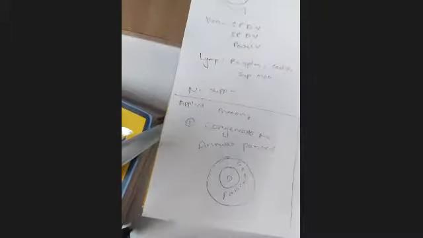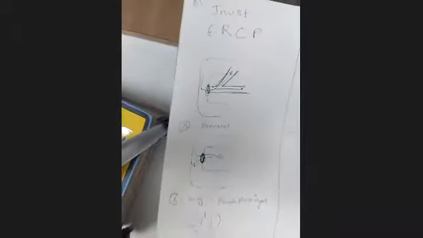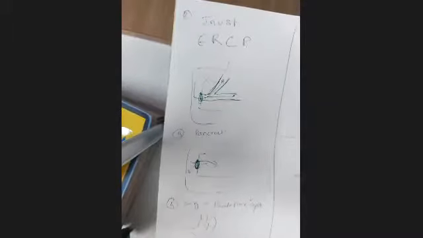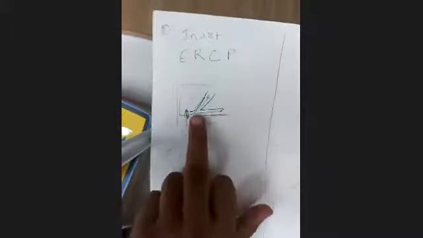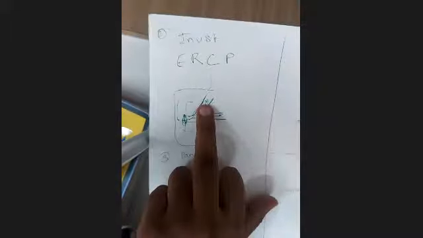In applied anatomy, we said firstly we write congenital anomalies, where we talked about annular pancreas, where we can see in this diagram pancreas is surrounding the duodenum. Then in the investigations, we said ERCP, endoscopic retrograde cholangiopancreatography. Through the sphincter of Oddi, we enter either bile duct, cholangio, or pancreatography.